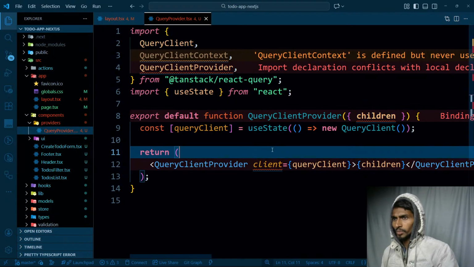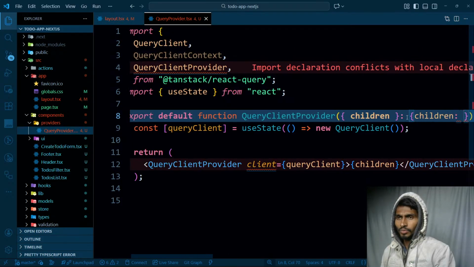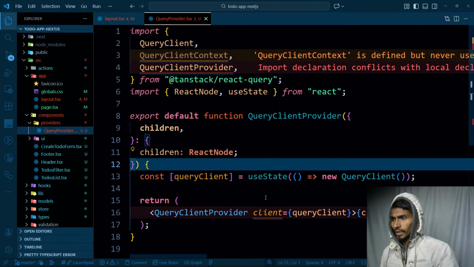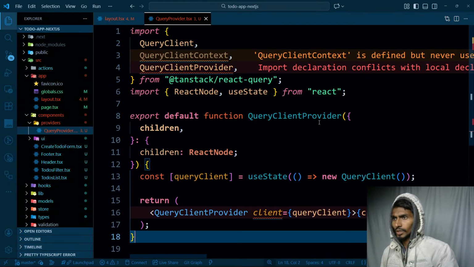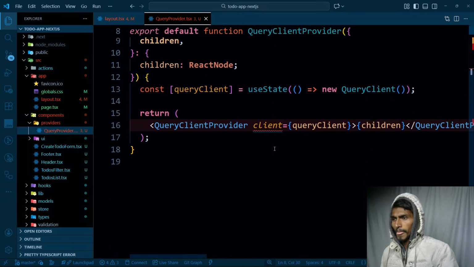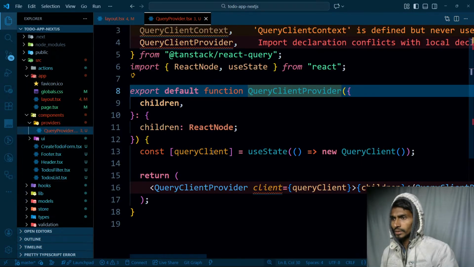Function QueryClientProvider, because I'm exporting it from here. As for the children, let's give them the type children. Children will have type React node, as simple as that. And QueryClientProvider, done. Okay, as for this client,